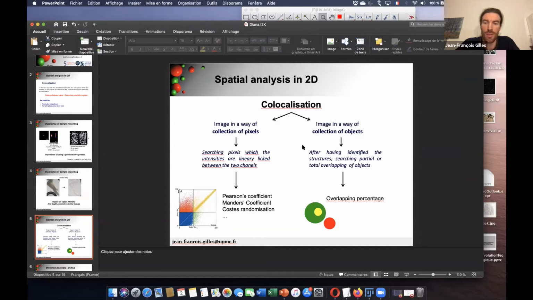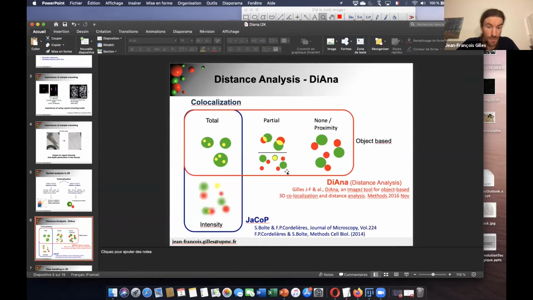And I will speak about this because, as you have seen, with the 3D Suite we play with objects, so we can measure distances and things like this, and obtain some analysis, some results.